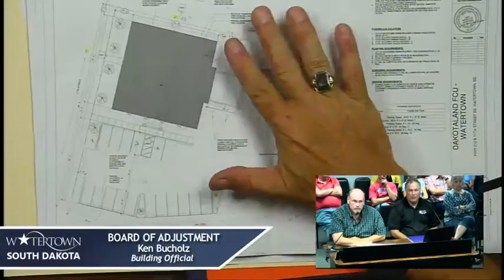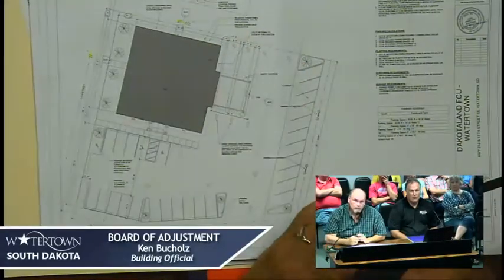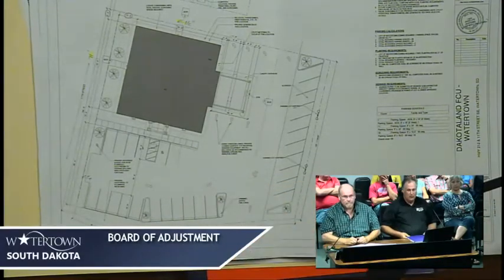Yep. And they're again trying to improve this, make it a little better, but please realize that there's already a standing variance. Worst case scenario is they have to go back and shrink the building down one for both directions, and it's good to go. So, any other questions? That'll close the public hearing and ask for a motion to approve with